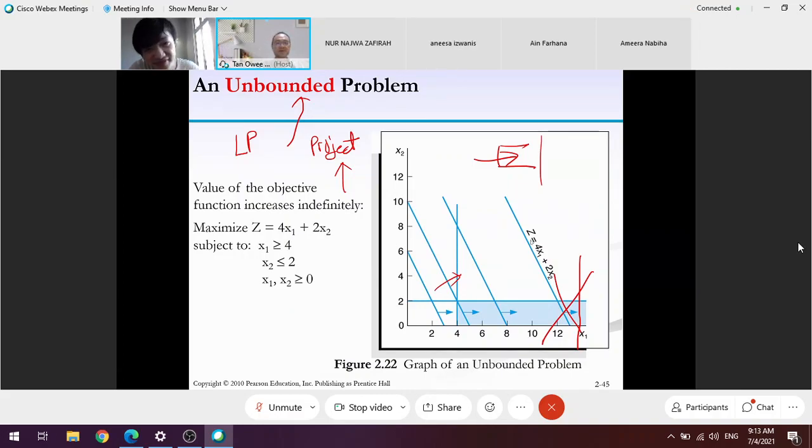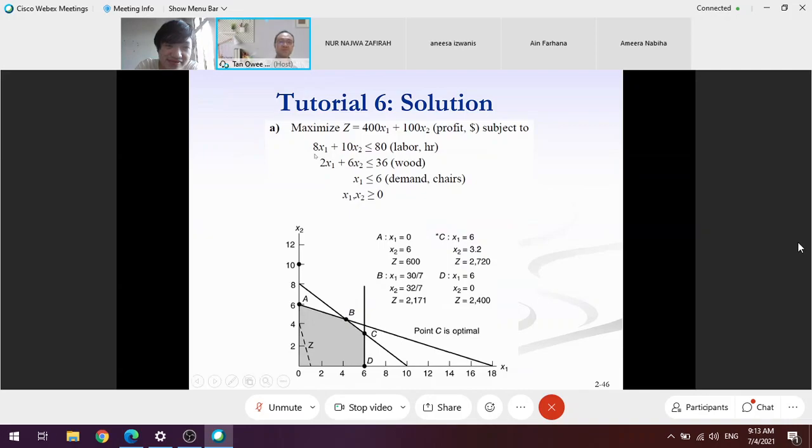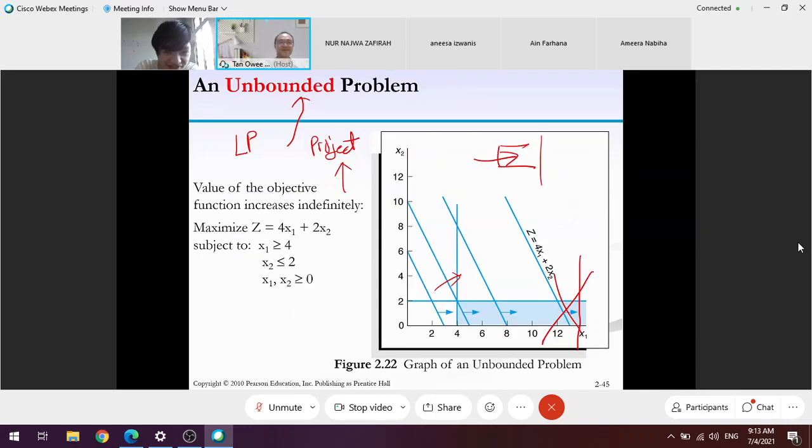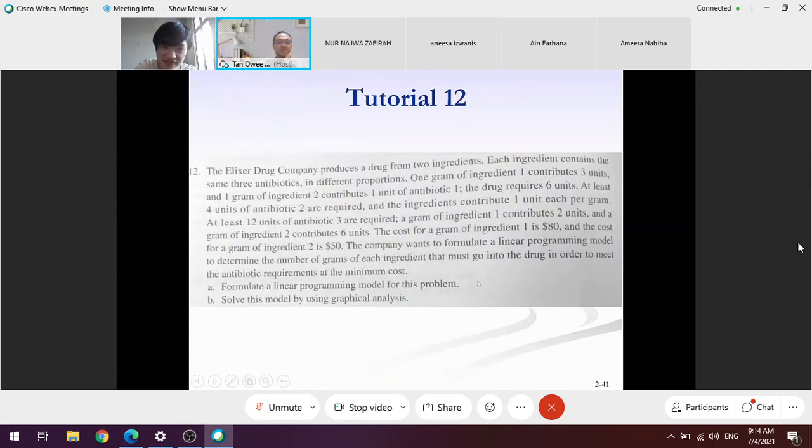All right, so we are done with the graphical methods for optimization, for maximization and minimization. I was telling you just now about the project that we're going to discuss maybe tomorrow. Anyone take a snapshot now? The project that we're going to discuss, either tomorrow or today, is the unbounded one. Originally it is unbounded. If you just follow my instruction, you will get this. So it's for you to find another few constraints to close the boundary. Okay. Any questions before we look into the tutorial solutions for the previous chapter?